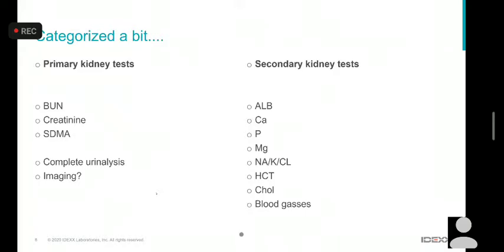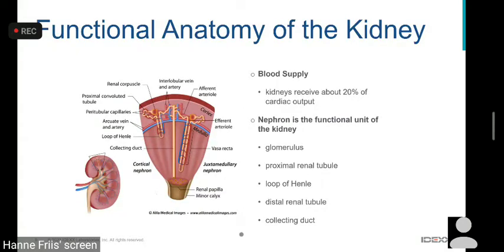Now, this is not an anatomy course, but just remember what the kidney consists of. The functional unit is the nephron, right? And the nephron consists of the glomerulus, and then the tubuli, the proximal, the distal, and the loop of Henle, and then it ends up in the collecting ducts. And these are placed in different anatomical places in the kidney. So you have your glomerulus in the cortex, and your collecting ducts, your loop of Henle and your tubuli partly in the